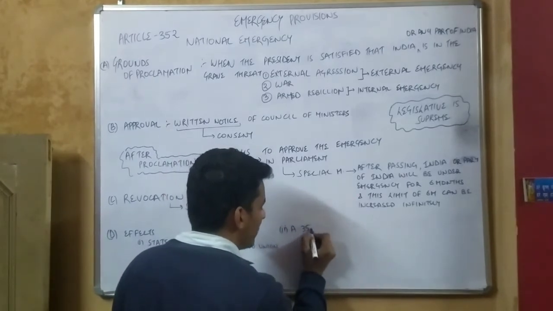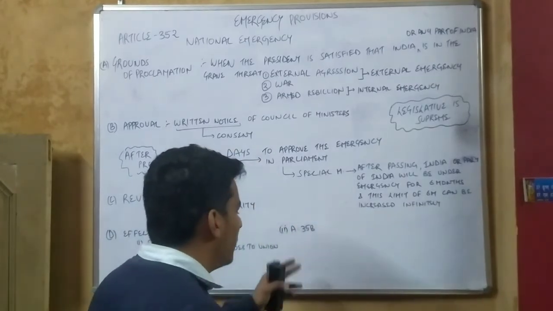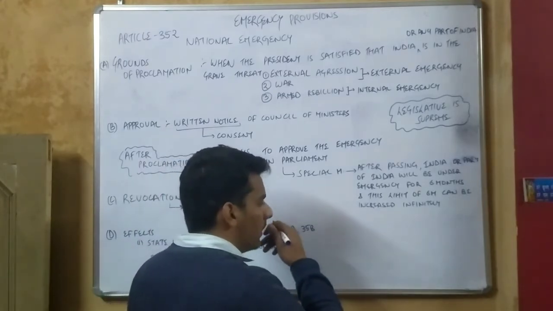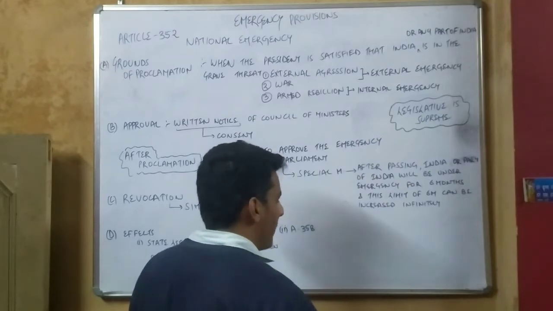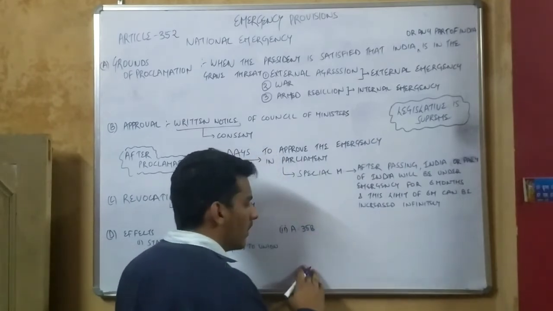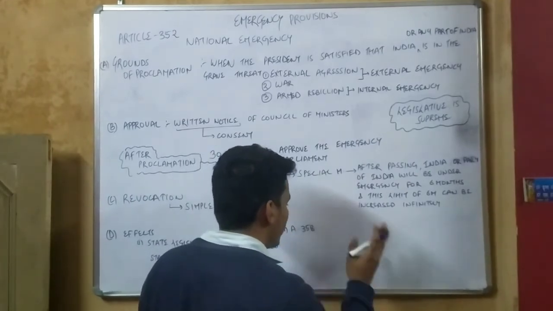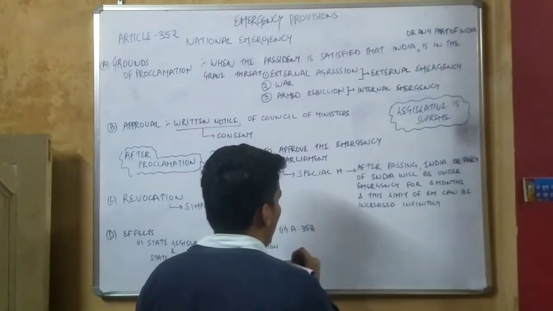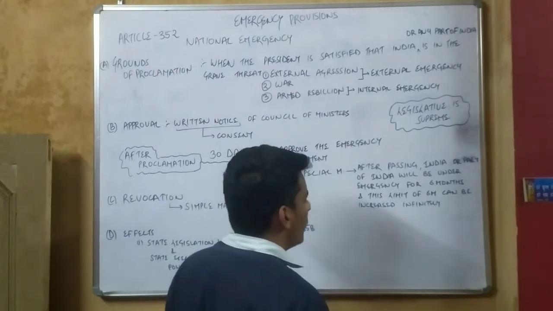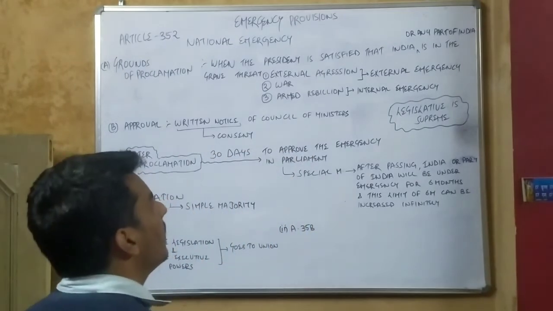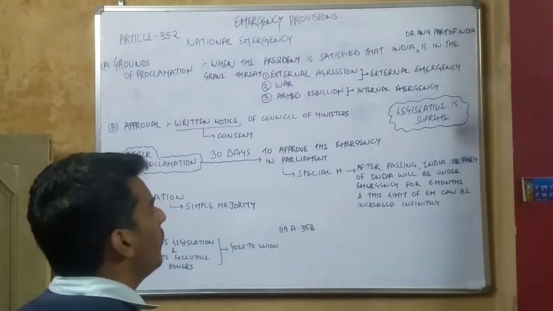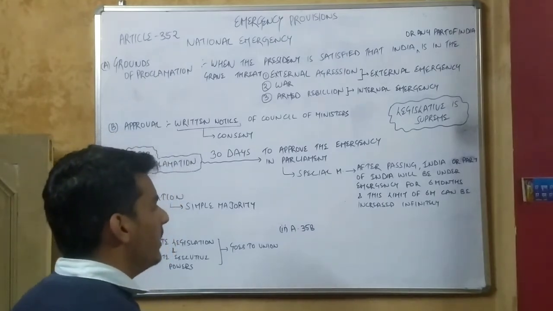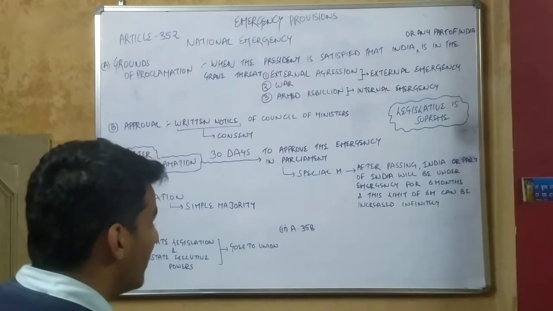Article 358 says, see, these Articles 358 and 359 provisions were added after the amendment made by the Morarji Desai government, after the famous emergency of Indira Gandhi, the 1977 emergency, 75-77. Now, Article 358 raises a question: what will happen to fundamental rights under the emergency provision, because under emergency provision the central government has immense